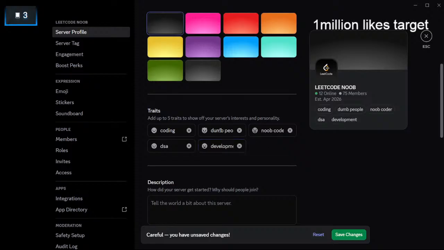Can I add one more? Maybe instead of coding, I can add golang. Maybe first one. One more. DSA here, golang here, development, dumb people. We really need this thing. I don't need this thing.